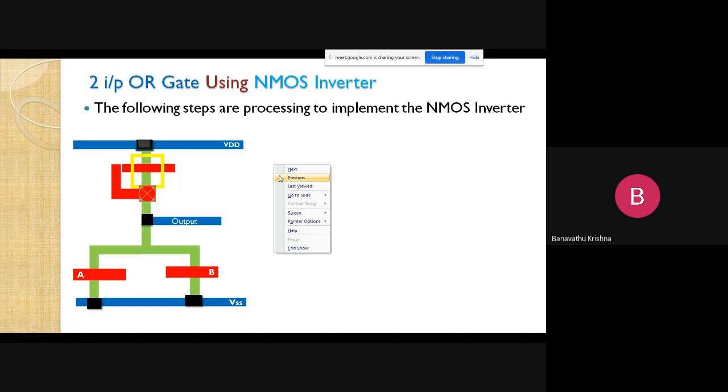So generally there is a connection here. This is a gate connection. The gate is connected back to this drain terminal, right? Now this is the NOR gate operation, sorry, the NOR circuit diagram. Now you want to connect the output of this NOR gate with the NMOS inverter